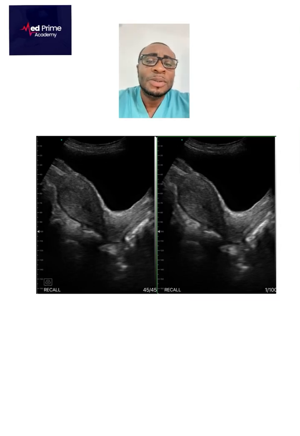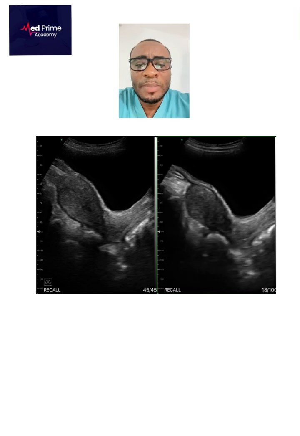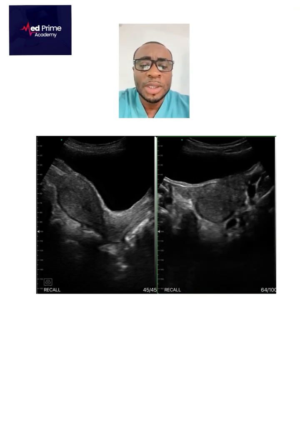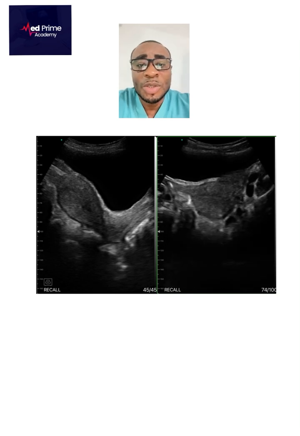Today I would like us to learn how to image the uterus in pelvic ultrasound. So you have on the screen two images. One is a cine image and the other is a still image of the uterus in transverse and longitudinal sections. In the first image, we have the uterus in longitudinal section, and I would like us to see a few